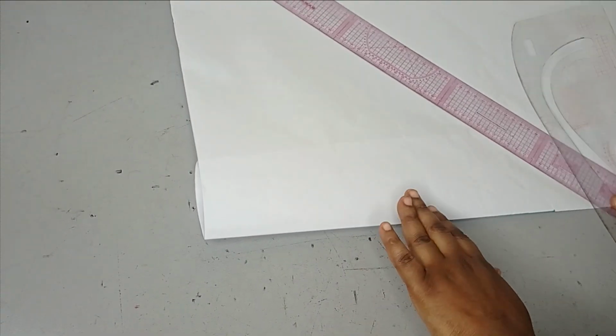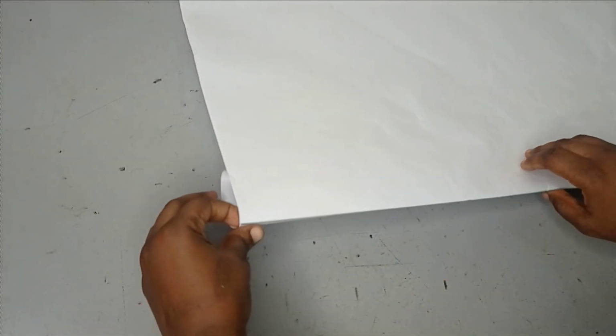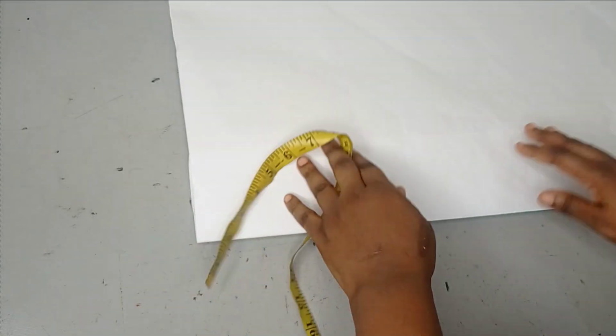Okay, so for this tutorial we're going to be using this single pattern to cut the front and back, but in the case of the front it has an overlap. So for the overlap allowance I'm using 4 inches. So that I can cut the back and front together, you can see I have folded in the overlap for the front. So I'm going to draft the back pattern and cut out on my fabric before modifying it for the front